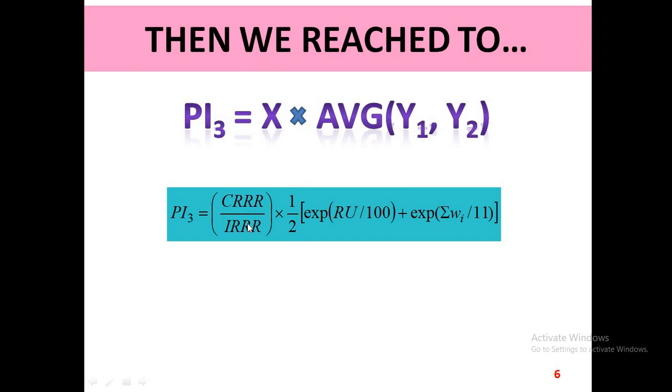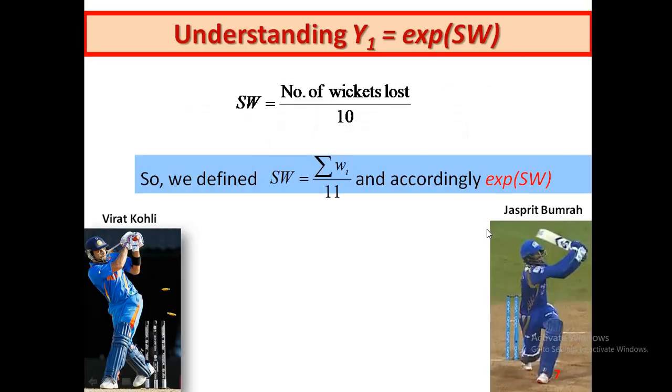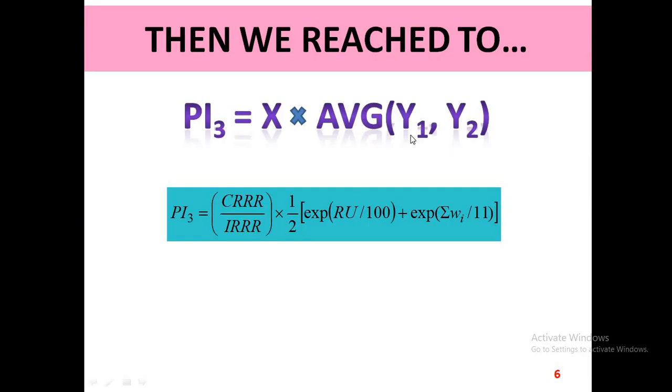This particular factor is looking into the way in which the team is able to handle the required run rate, and this is actually taking care of how the team batting second is able to preserve their batting resources. Now let us see how we compute this part, that is Y1, and how we compute Y2, because X is